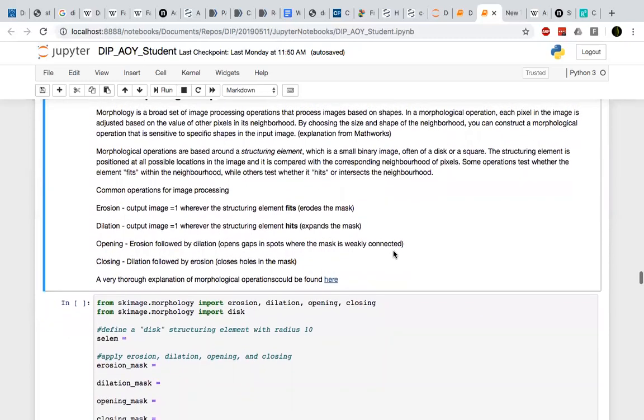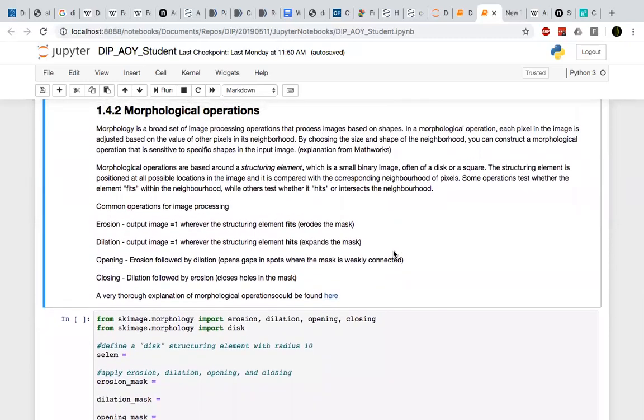Now, we can choose the size and the shape of this neighborhood that we're going to look at, and we can decide what we want to get out of it. So sometimes we want to take an image and just find very distinct points, so regions that are very separate. Sometimes we want to take a bunch of regions that seem like they are actually one region and combine them into one region. And this is all done using